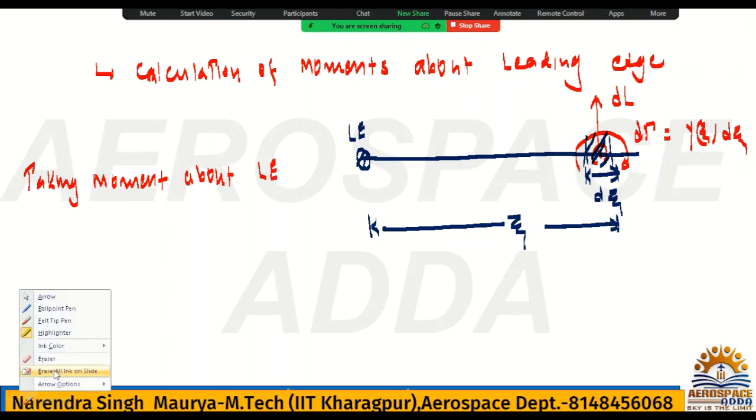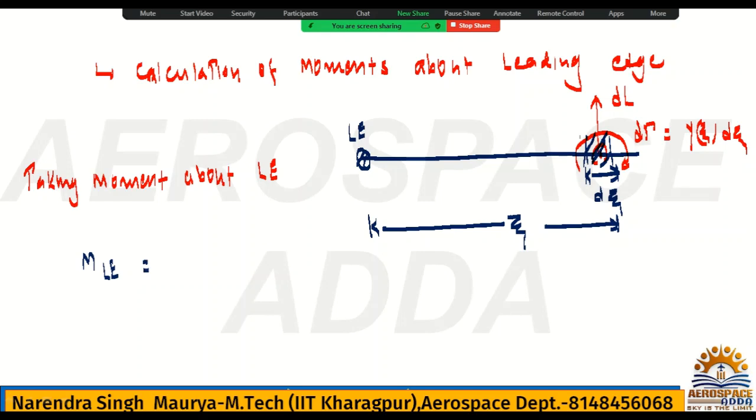So check what will be the moment. It will give anti-clockwise or clockwise? It will give anti-clockwise, no? The lift force is here and you are taking moment about this point, so it will be anti-clockwise. Because the force is here and the point is here, so this force will try to rotate about this point, so this rotation will be anti-clockwise, so you have to write minus, and along the chord, so it will be 0 to c. Okay,